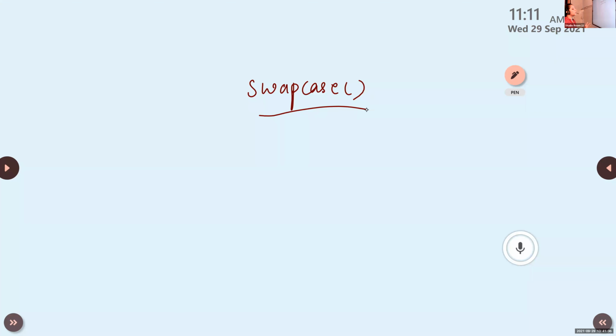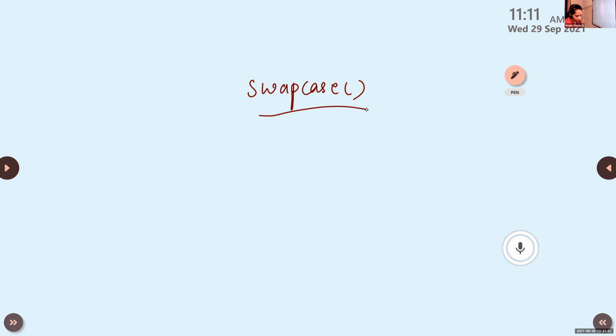If it is uppercase, it will convert into lowercase. For that purpose, we are using this swap case function. If the content includes small letters, it will convert them to capital letters. If the content includes capital letters, it will convert them to small letters.